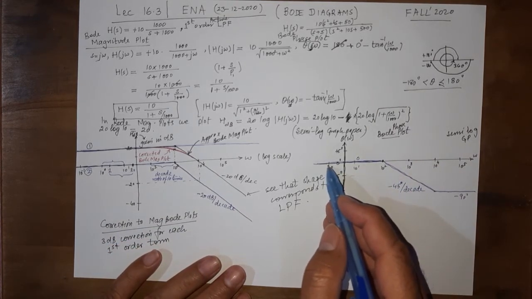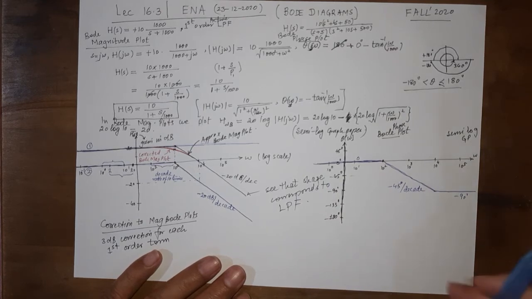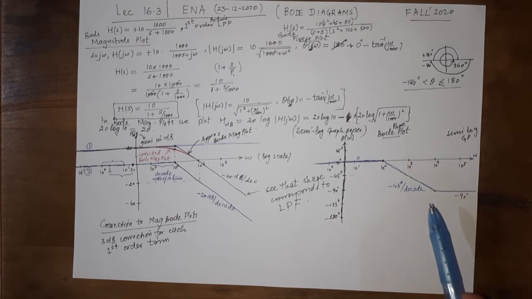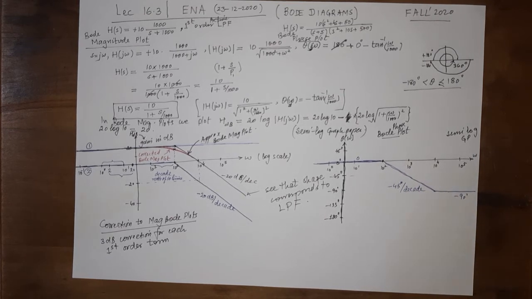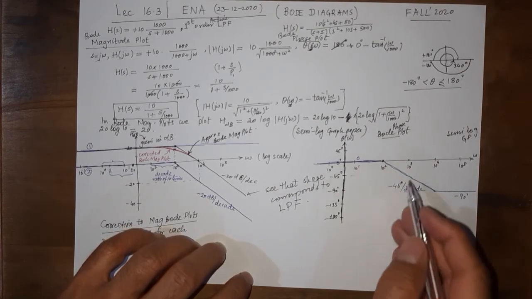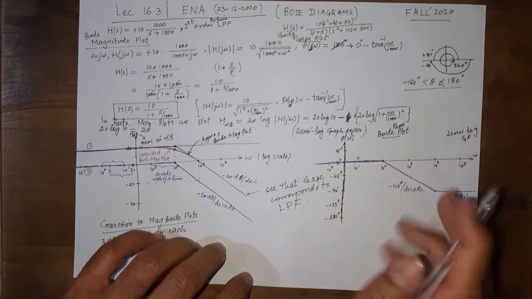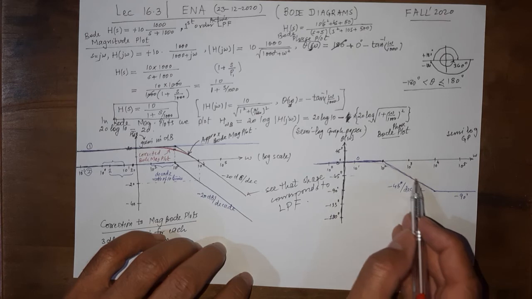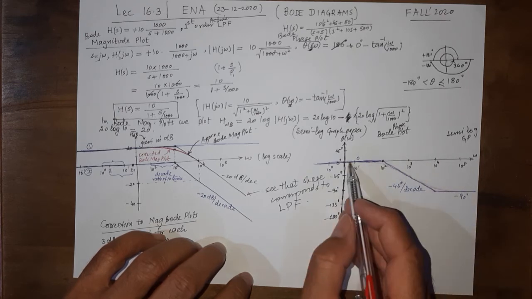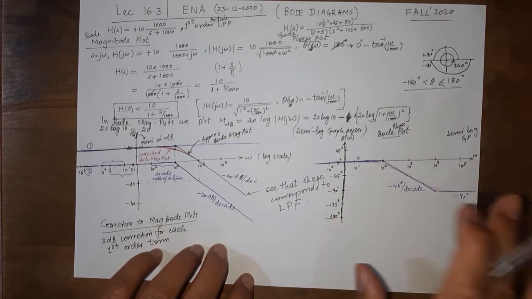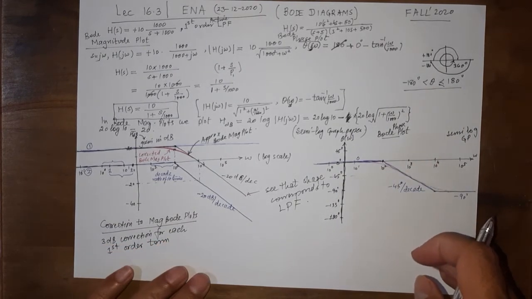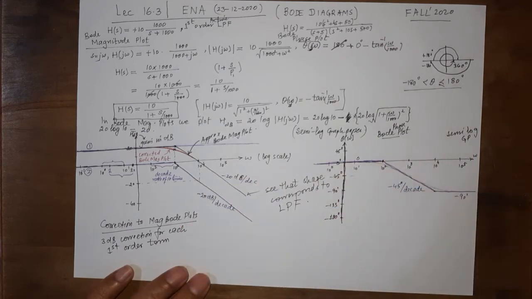We know that there wouldn't be such kinks or corners in the actual phase plot, but there is no correction that can be easily applied to this, so we are content with this one. In reality, it would pass through this 45 degree point and then curve with a correction this way. But we don't draw this. The approximate one is quite enough. So this is an approximate Bode phase plot. It's very simple for a low pass filter.